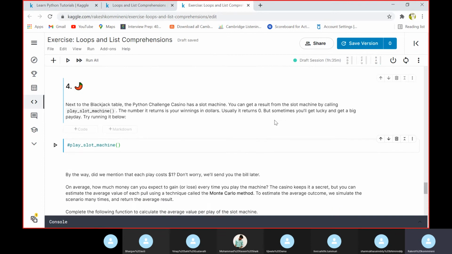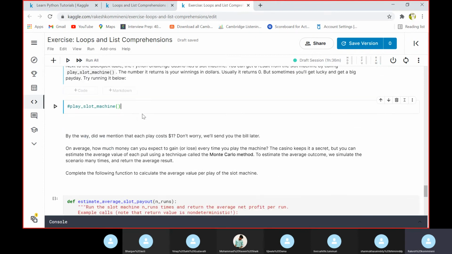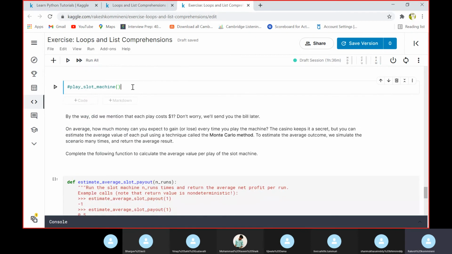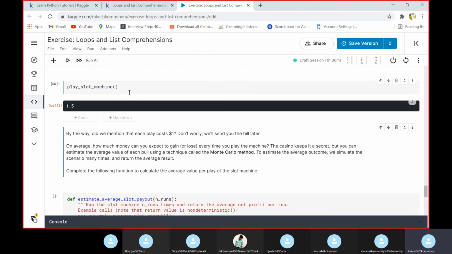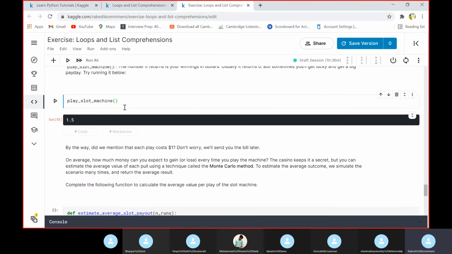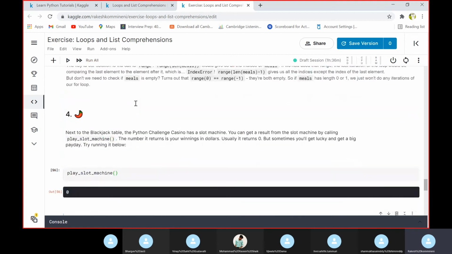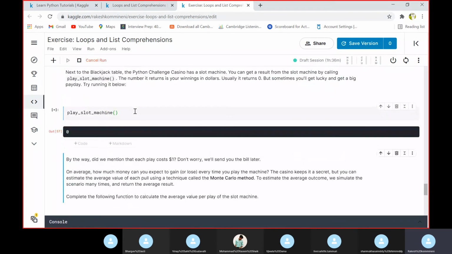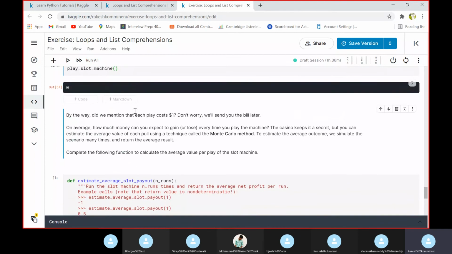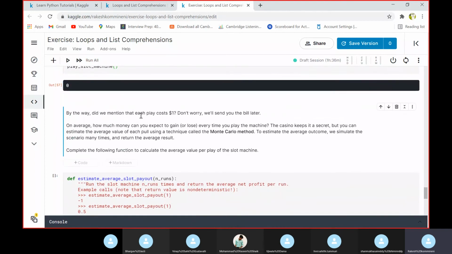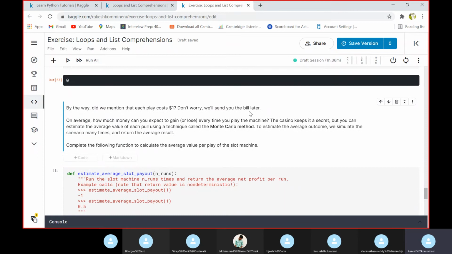Usually it returns 0, but sometimes you will get lucky and get a big payday. Try running it. By the way, did we mention that each play costs $1? Don't worry, we will spend it a bit later.